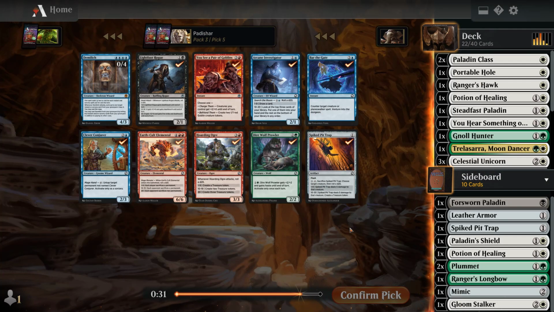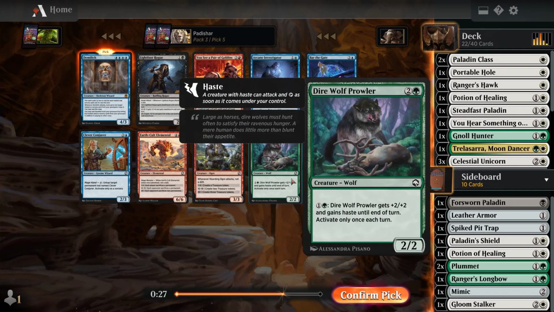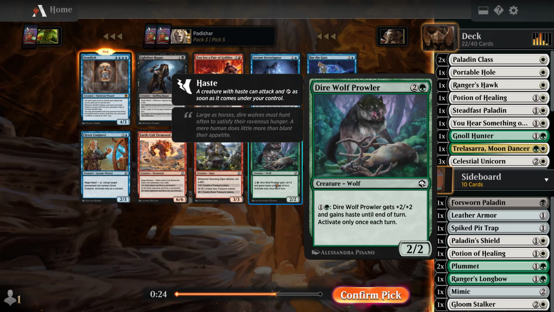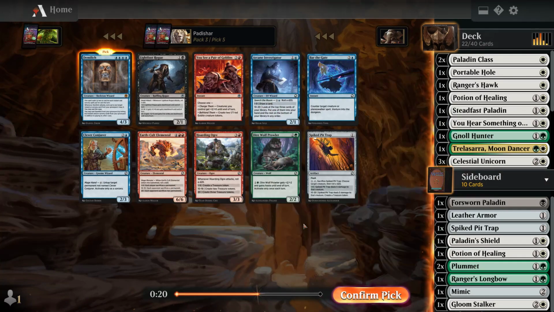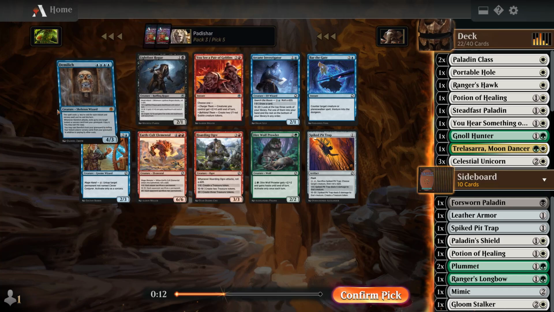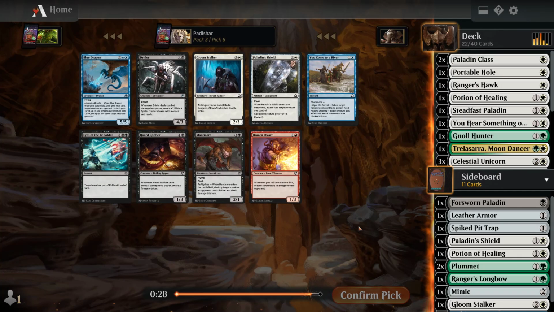Okay, that's fantastic. I get a mythic rare here. Pick 5 even. First of all, I wouldn't play the Direwolf, Prowler, and Spiked Pit Trap. I have one of those. I wouldn't sideboard 2 of those in. And I'm collecting the set, and like I have said, and like it says in the description below, mythic rares. Just picking a mythic rare means that it is going to make it that much faster to actually complete the